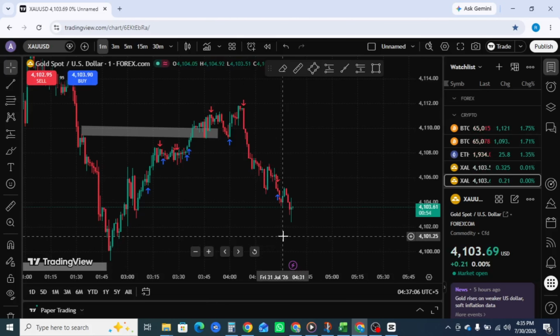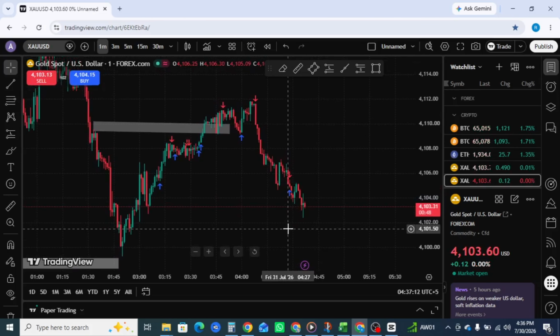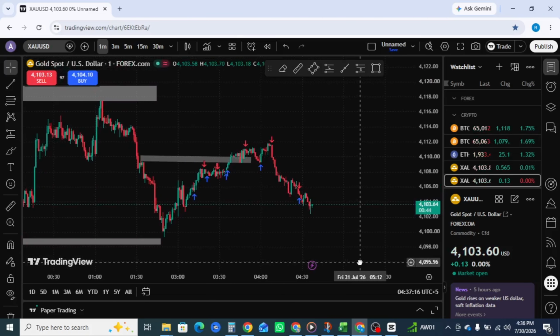How to trade on TradingView paper trading. In this video, I am going to show you how to trade using TradingView paper trading. If you're a beginner and want to practice trading without risking real money, this step-by-step guide will help you get